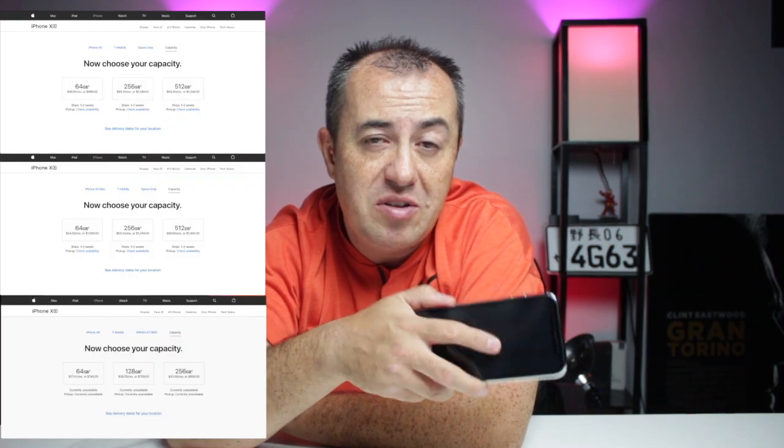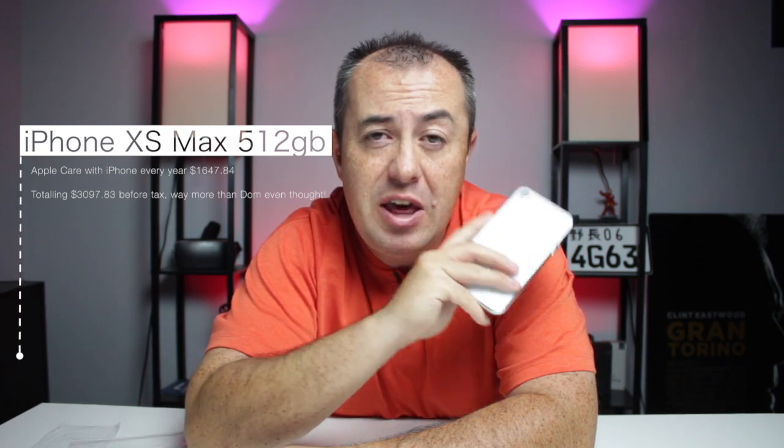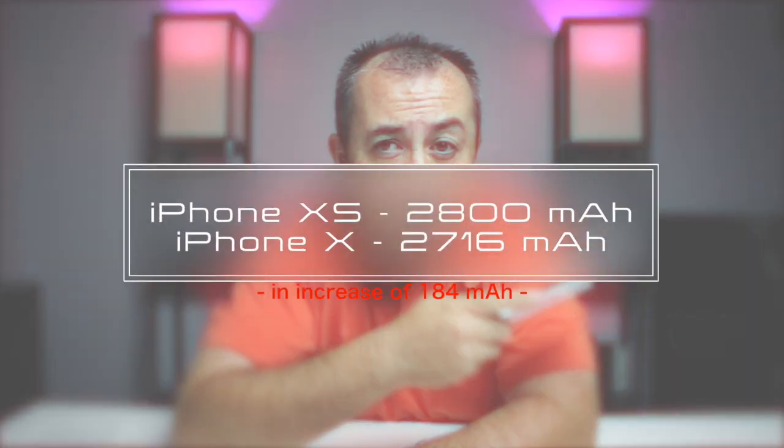Now, that's for the base 64 gigs, everybody. So you've got to ask yourself, how much more are they going to charge? Just look at the website. This is how much more it's going to cost you to go to 256 and then 512. Just like Dom Esposito pointed out, this phone, with all the bells and whistles, could run you up to $1,700 just for the phone and insurance with AppleCare at its full capacity. There is a new version of AppleCare, but realistically, if you're already paying almost $2,000, are you really worried about AppleCare at this point? One big thing that they didn't point out, and Dom was quick to point it out as well, they didn't mention battery size. So the current iPhone is...